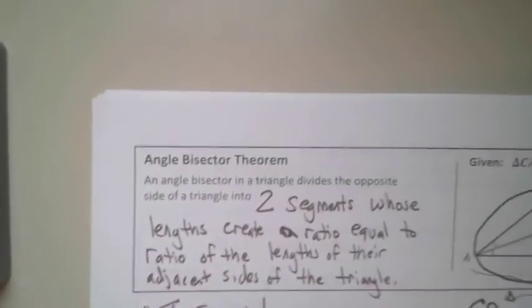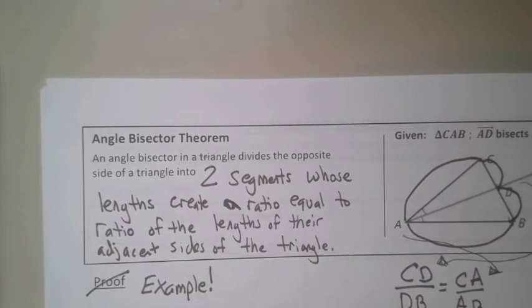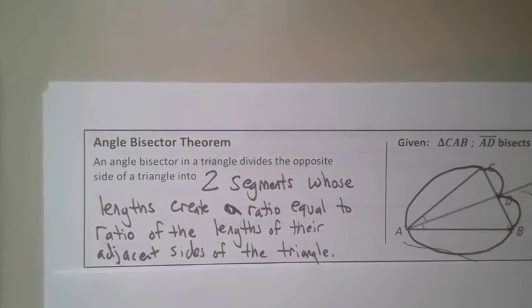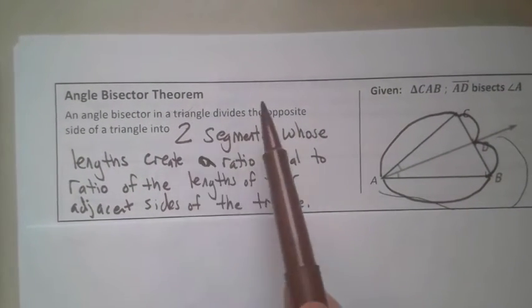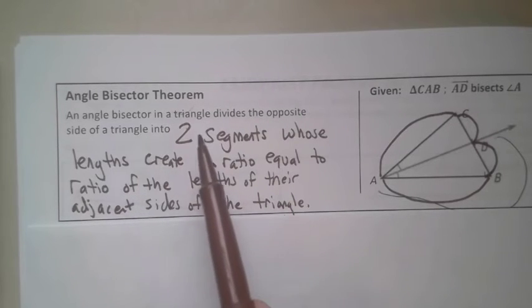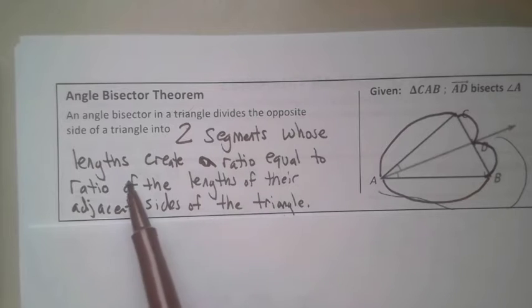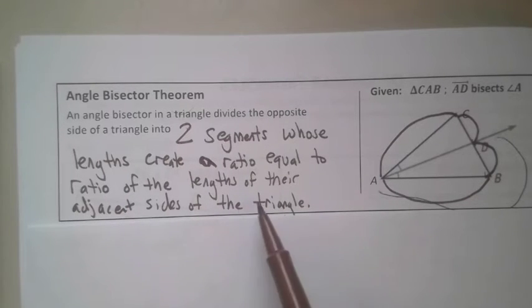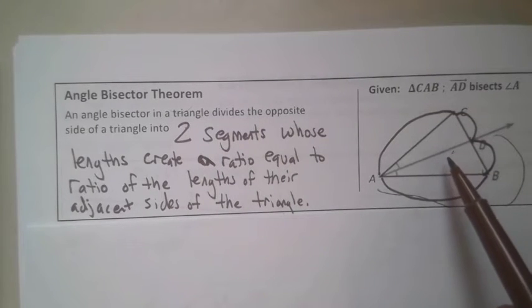So, moving on to the back page, we're also going to add in a theorem called the angle bisector theorem. It is a little wordy, but it makes sense when we practice it. An angle bisector in a triangle divides the opposite side of the triangle into two segments whose lengths create a ratio equal to the ratio of the lengths of the adjacent sides of the triangle. Wow, that's a lot. But look at this. What it's really saying